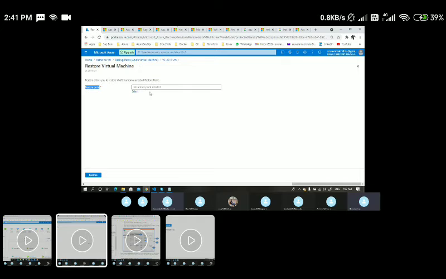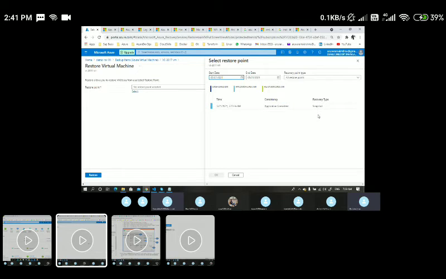I can just click on restore VM, and when I click on it, it will ask me for the restore point. I need to choose the restore point. At this moment I have only one restore point. Let's say if you are taking a backup every day,